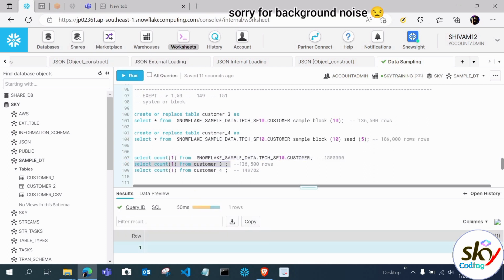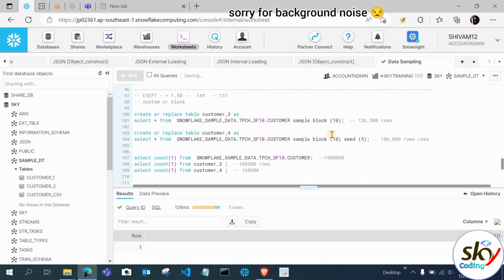You can see we have 1,60,000 in this. Let's execute this and check. Because we just selected this data, we got this data, and after that we created the table and inserted a different number of rows. Now let's check the data in the customer_4 table. You can see we got 1,60,500, the same data as this one.